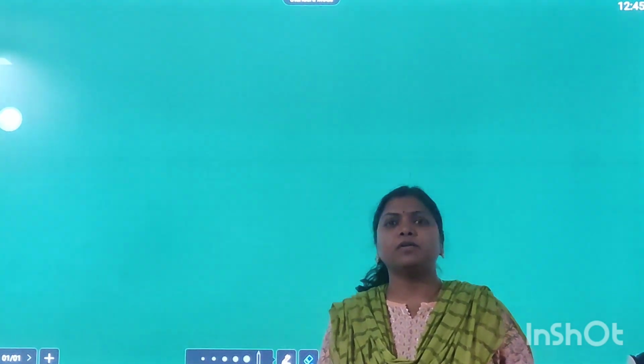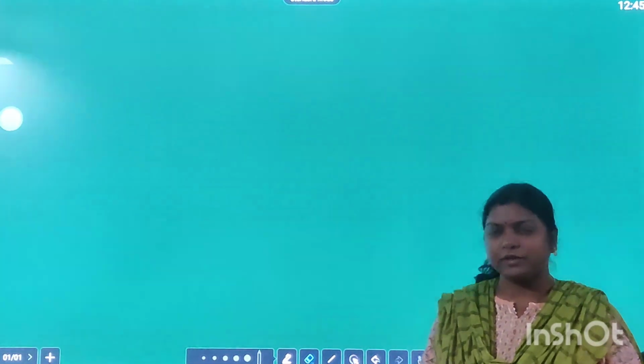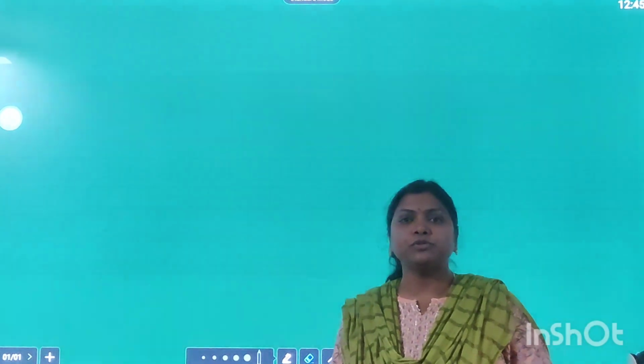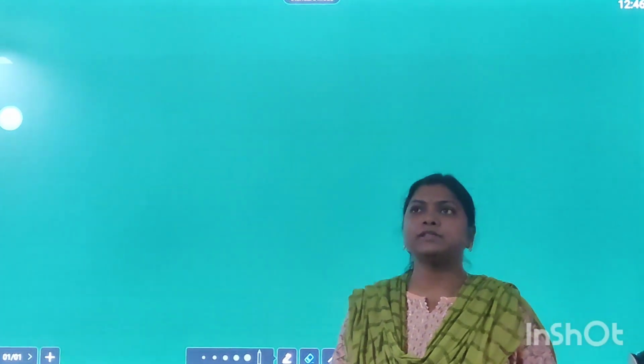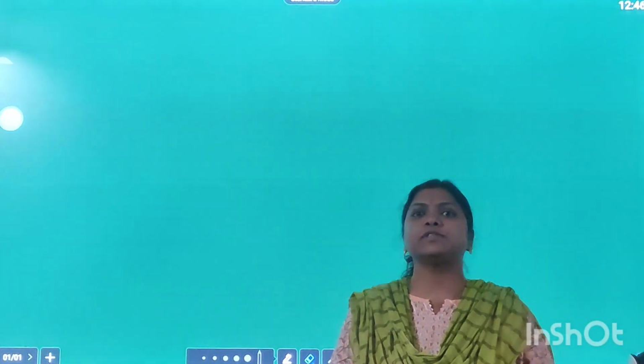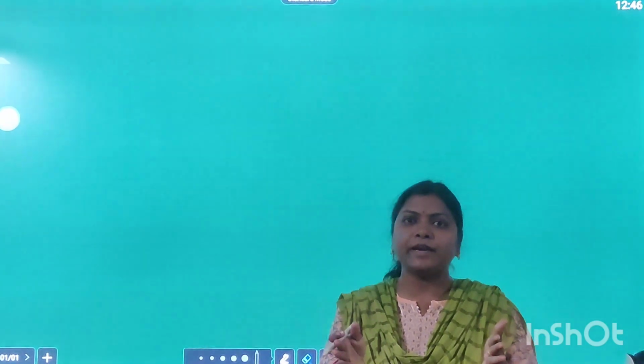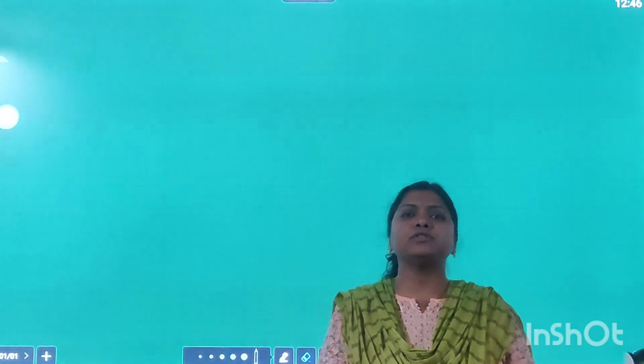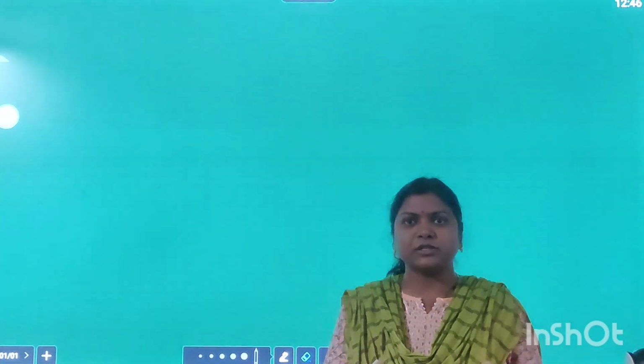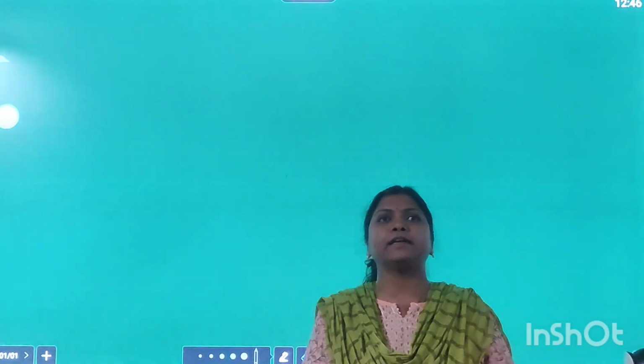Today we will study the instructions of the 8085 microprocessor. As you know, the 8085 microprocessor is an 8-bit microprocessor. It can process 8-bit data at a time. That means its data bus is 8 bits long, and so its general purpose registers can also hold 8-bit data at a time.